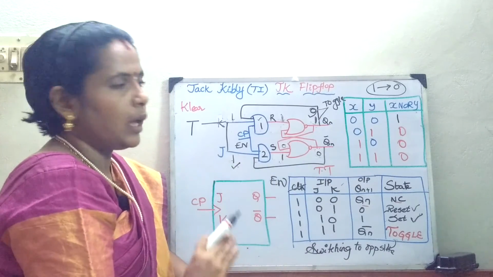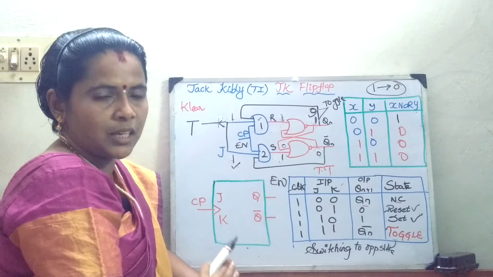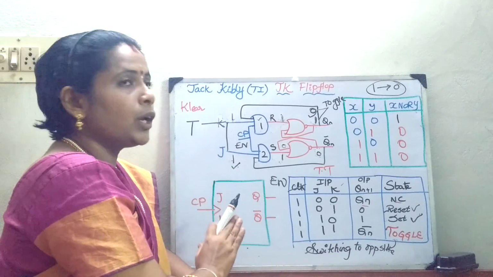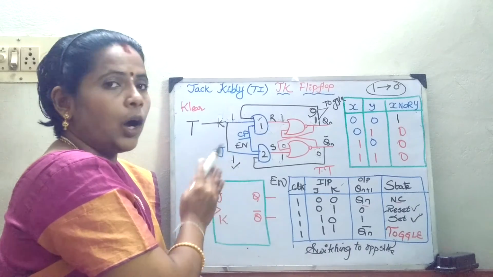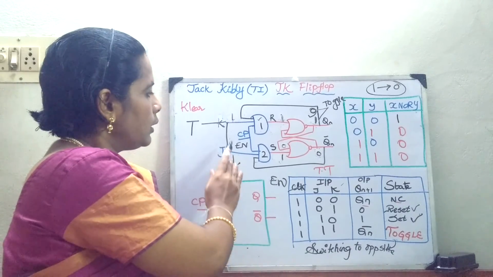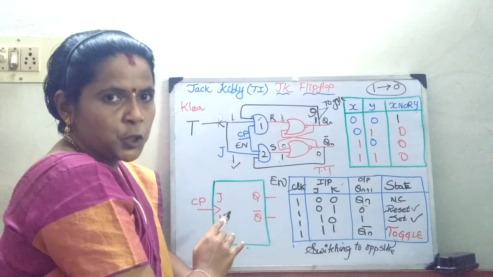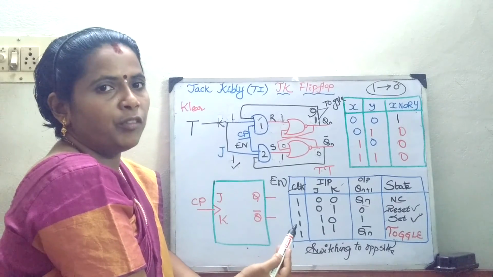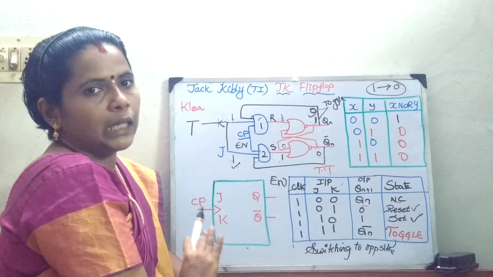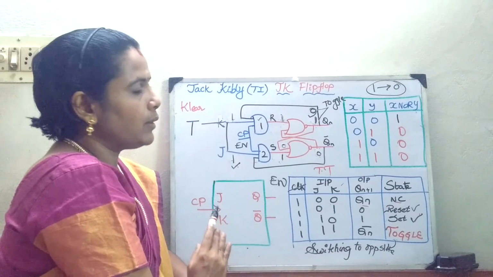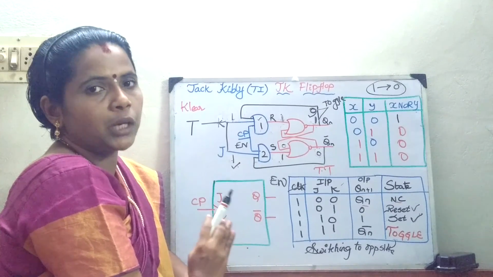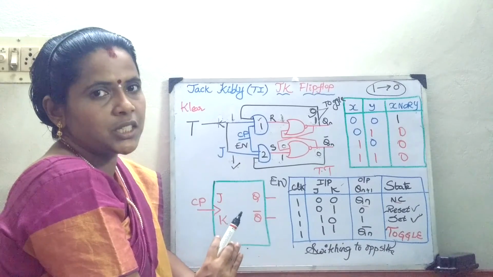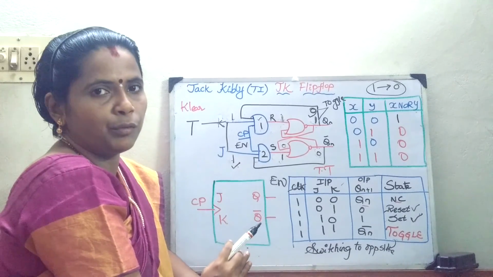Okay, so in this session, we have learnt about the working of the JK flip-flop, what the toggling condition is, how you can change it to a JK latch, and how this JK flip-flop can be turned into a T flip-flop. Okay, so in the next class we will be seeing the characteristic equation, characteristic table and the excitation table of the JK flip-flop. Thank you.